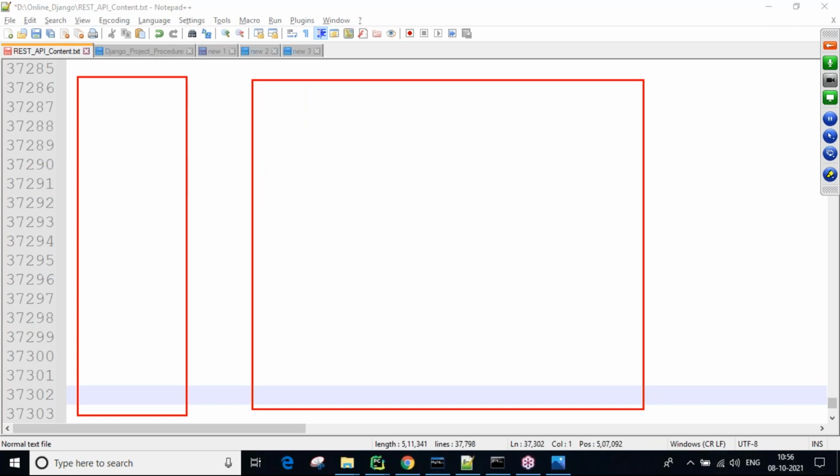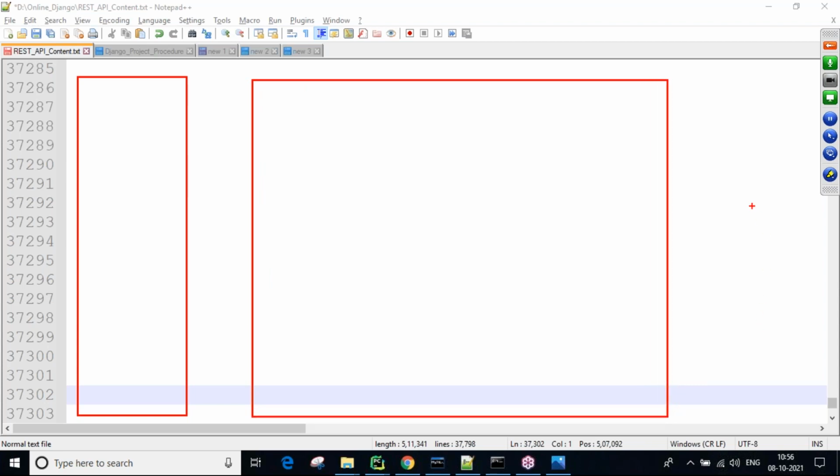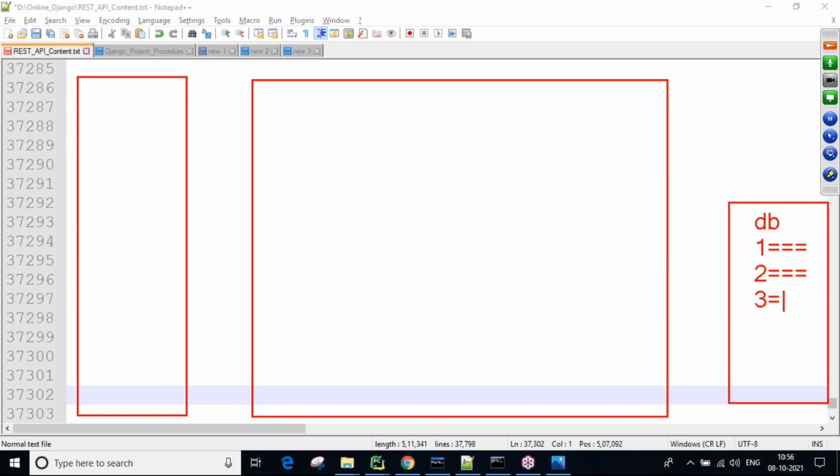Next, here is the database. So presentation-related is the browser, backend-related is Django, and database-related is the database. Three layers are always important. Now here in the database, there are records: record 1, record 2, record 3, record 4, record 5, like some data, such as employee number, employee name, salary. Some records of data are available.